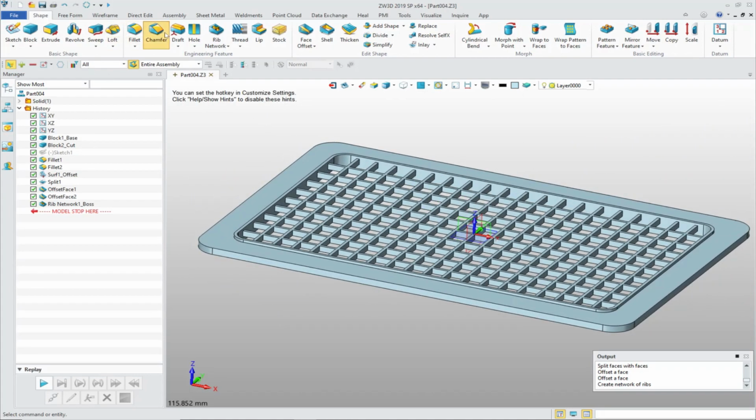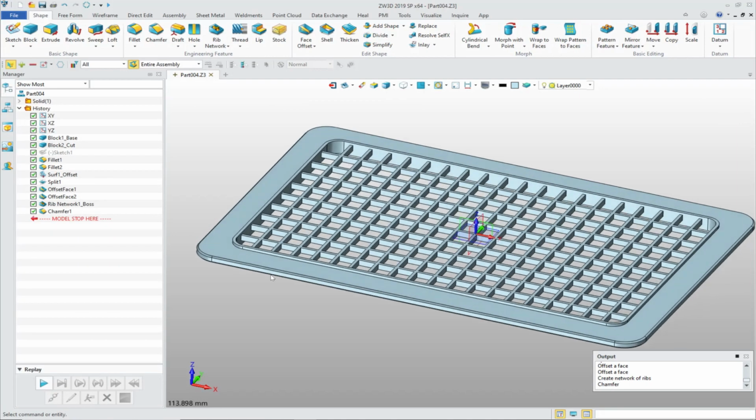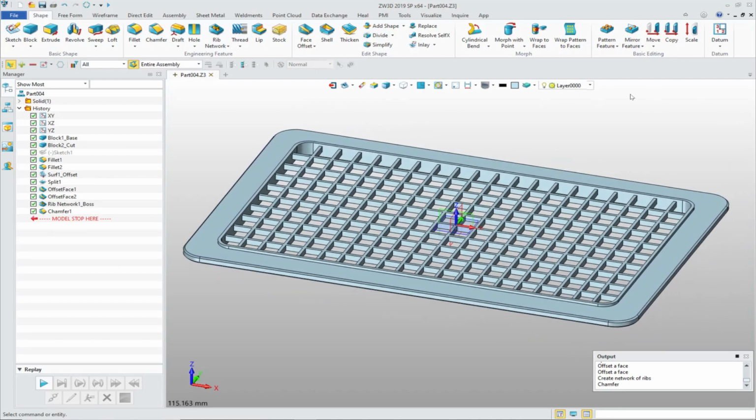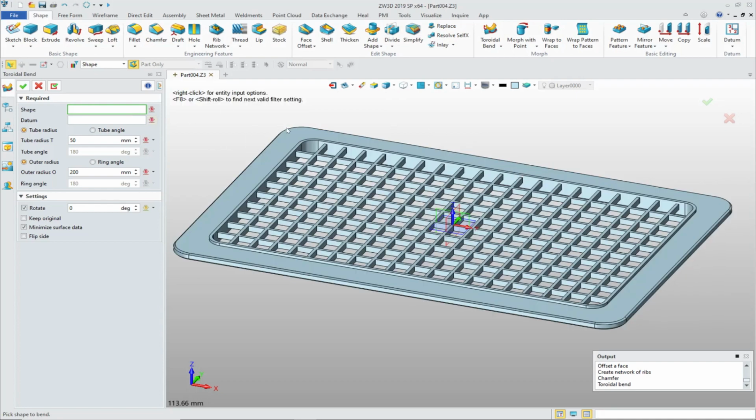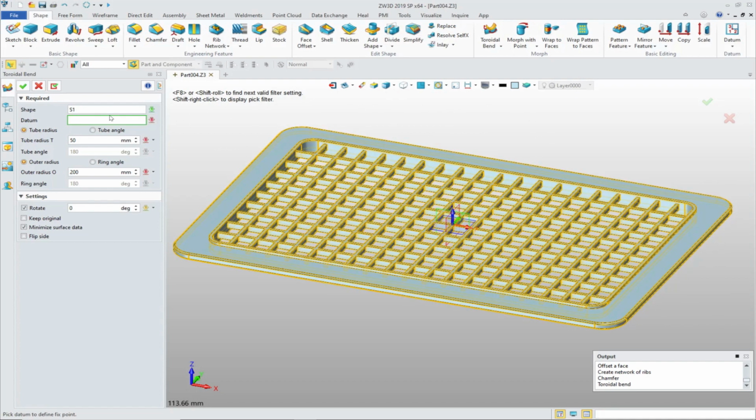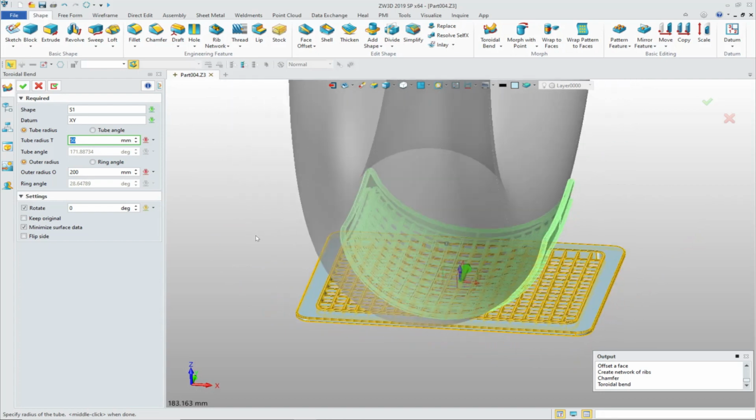The one thing that I cannot forget is that little chamfer. Again, shift click to select the chain loop of edges, 0.5 millimeter, and there's our chamfer. And now here's the actual power tool. I'm in shape, and I have a cylindrical bend, but I also have a toroidal bend, and that's really the tool of choice. So I select the shape that I want to actually bend, and I select the datum. I could select this face, but I can also select that origin plane or datum point, and we can see that's a